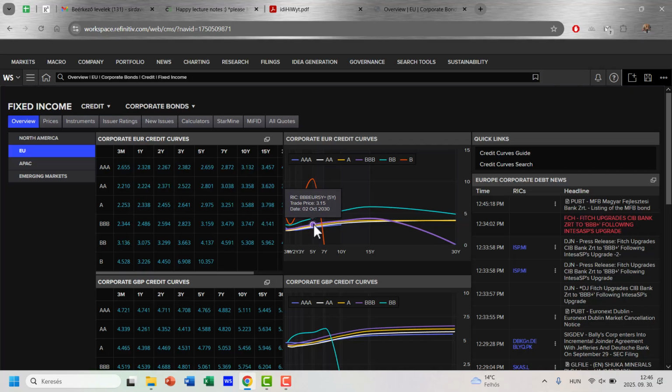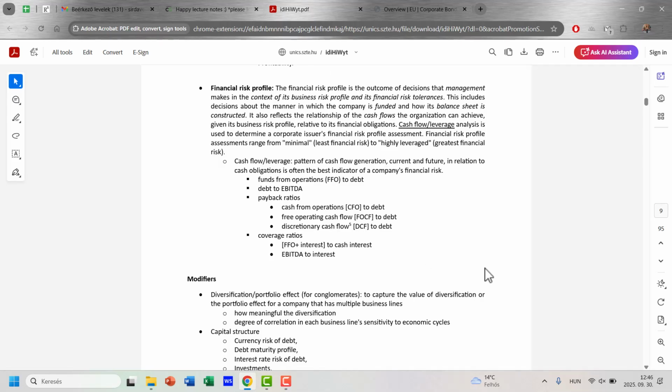That's why it matters a lot, not just the rating but also the maturity of this debt. Wow, what happened? Yeah, this is AAA. So in the case of 30 years right now, they can take up loans with nearly zero interest. So it's nice to analyze interest to cash or cash flow to leverage, but you should also check the maturity structure of the existing debt. Doesn't matter whether it's a country or a company, we still have to see it.